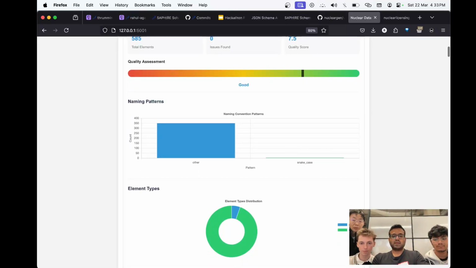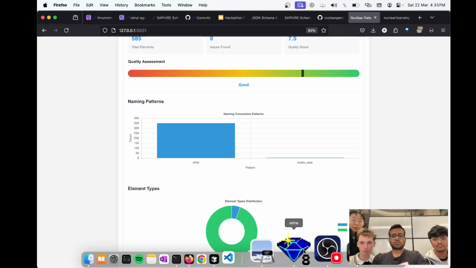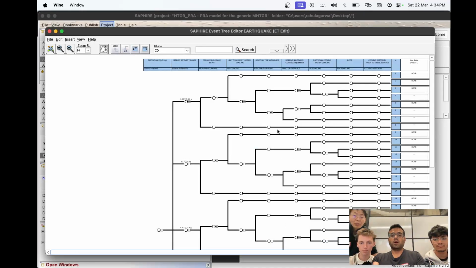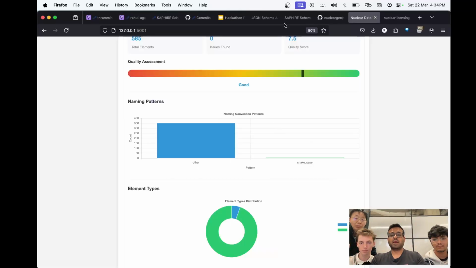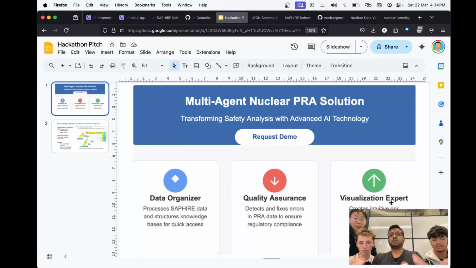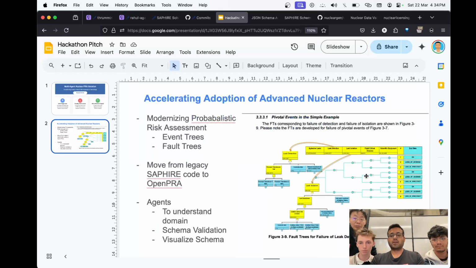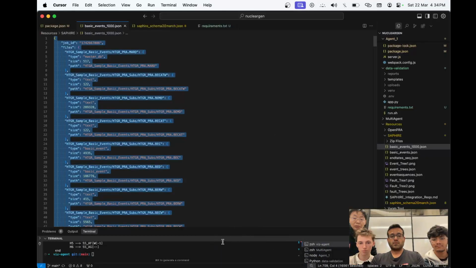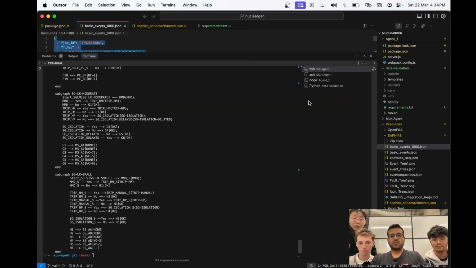And lastly, as you can see, the visualization here is limited and a little archaic. So that is why we have the third agent here, which is the visualization expert. And let's see that in action. If I open and run the visualization agent,